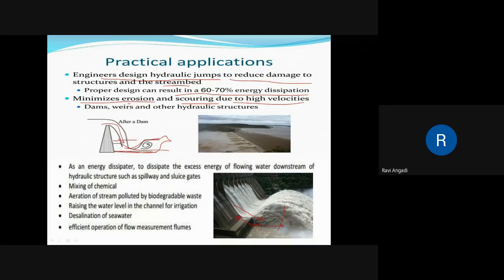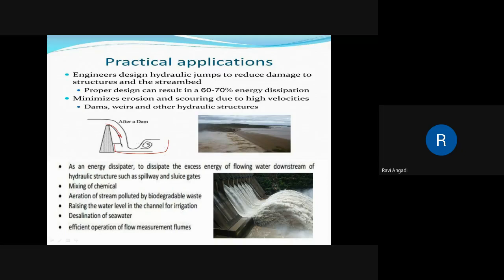Means the water will be standing here. You have to make the water stand. If you have made the water stand here, what will happen? The water will be falling over the water. Hence, you can avoid the bed erosion. Is it clear? Yes, sir. So here the stilling basin means they will make water stand here. Whatever water falls from the spillway will be falling over the water only. Hence, we can prevent the bed erosion.